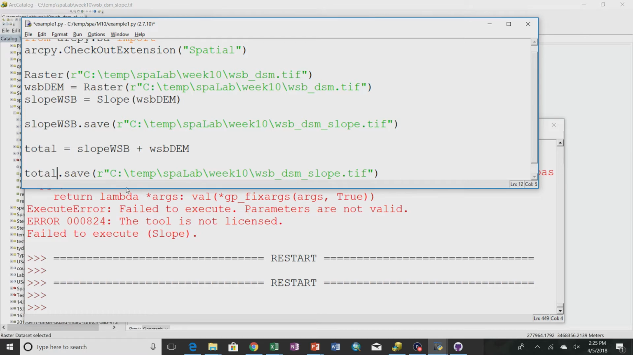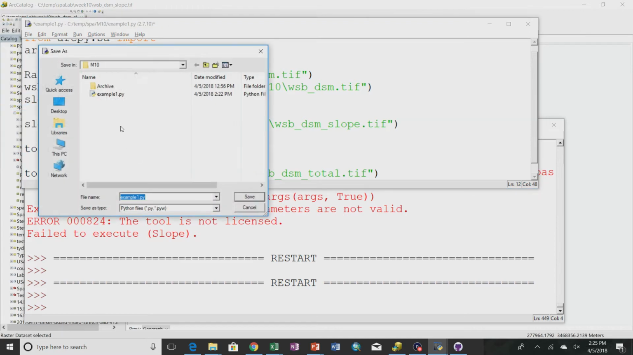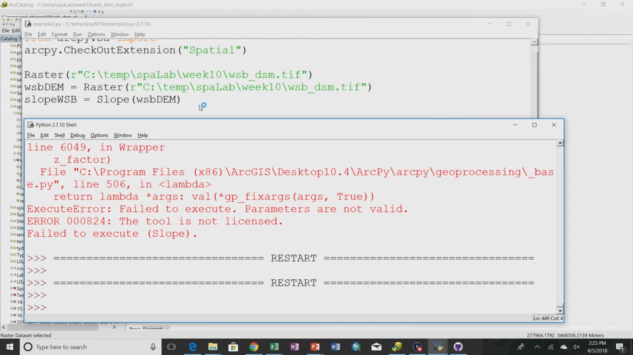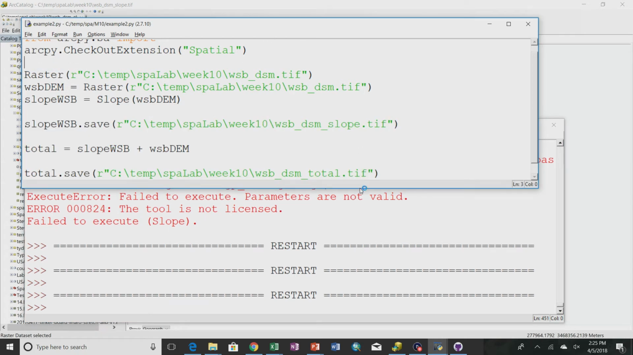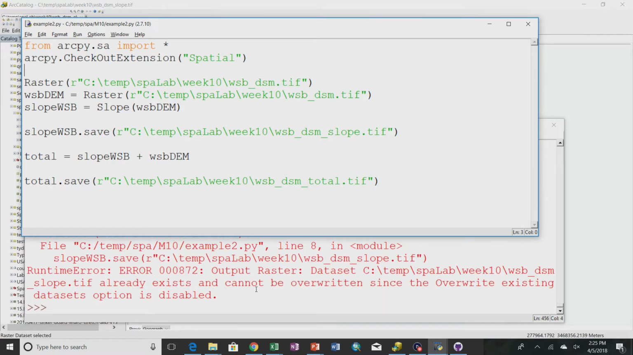Because this is still a raster. Remember, we have to save it if we want to actually see it, and call this total. And I'm going to save this as example 2. So now I'm going to run that guy. I'll go back to here for a second. Now, it's not doing anything. It's not going to do anything in here because I don't have any print statements. But I'm adding the actual elevation to the